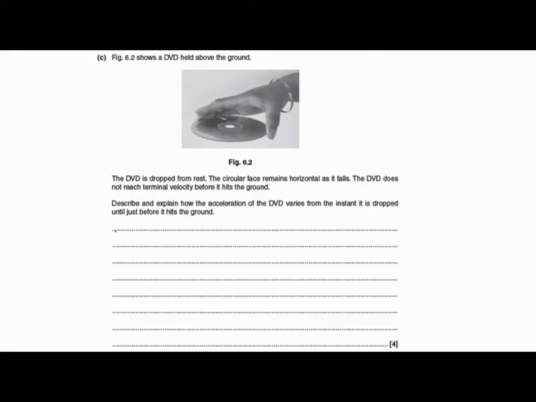The final part of the question is here. 4-mark question. Pause the video now and try this question. So what are the 4 marking points? So at the start, the acceleration is 9.8 meters per second squared, which is g. All right, because as soon as it's dropped, we have the weight acting on it with no other forces,